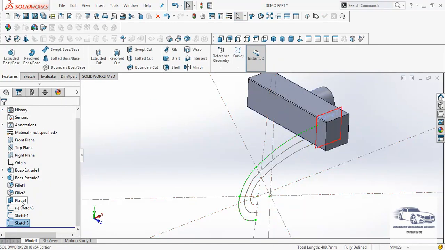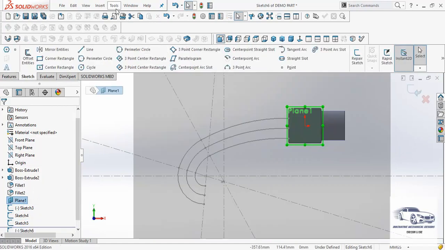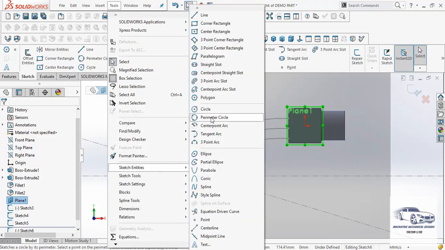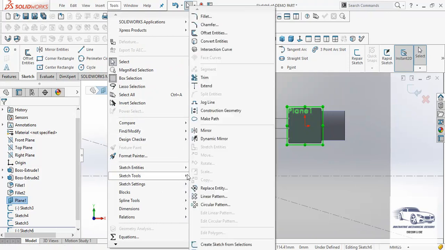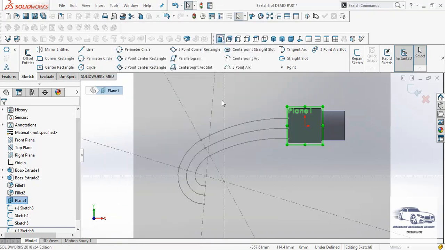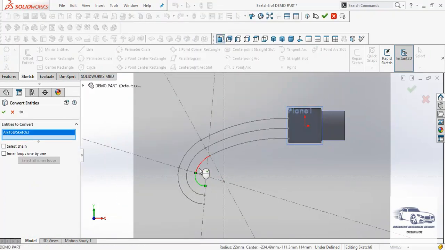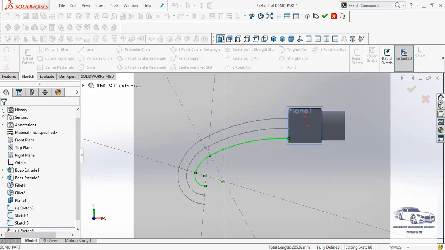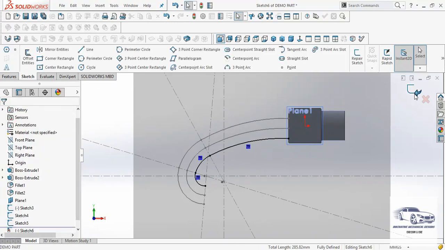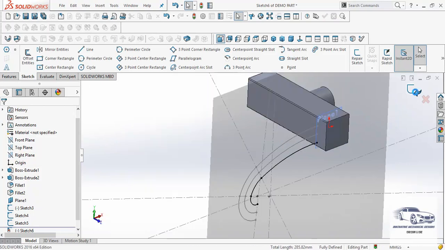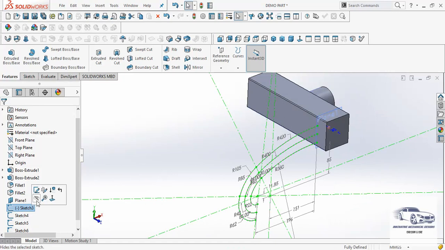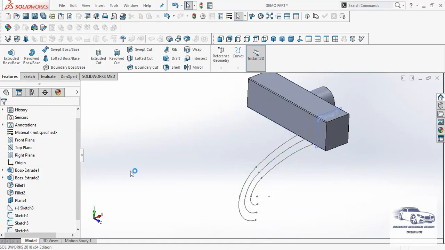And finally once more I have to select this plane and then go again to convert entities and select the last set of arcs. So in this manner we have got 3 arcs created from a single sketch. Now let us say I hide the original sketch.